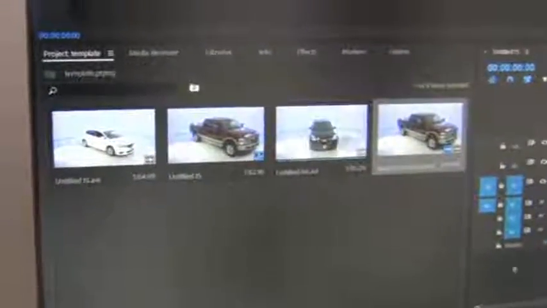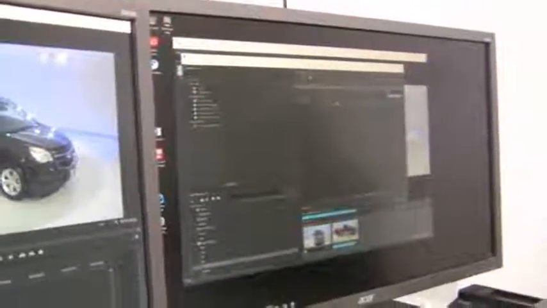Okay. Now here's the thing that you can do. See, we have multiple vehicles over here, right? Right. So once you captured all those vehicles, you can drag them all in there, and now you can start creating your other loop videos in there. Once that's done, you can send it to the media encoder, queue that out. Now there's more ready to go. That just pops in there. It's already up over here. Okay. So that's what I was saying about doing multiple shoots. You can stop if you want. That's fine, but